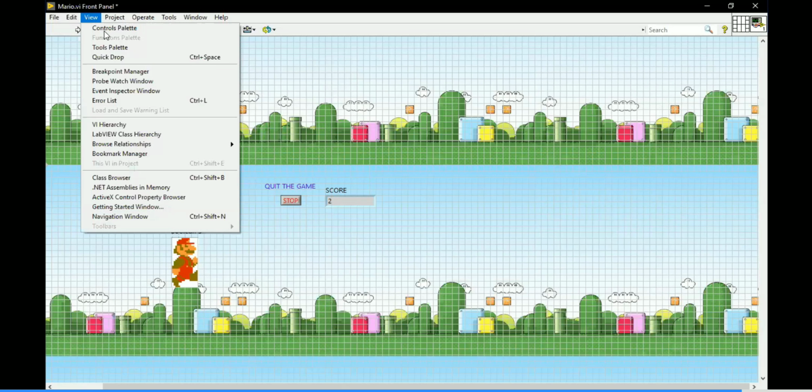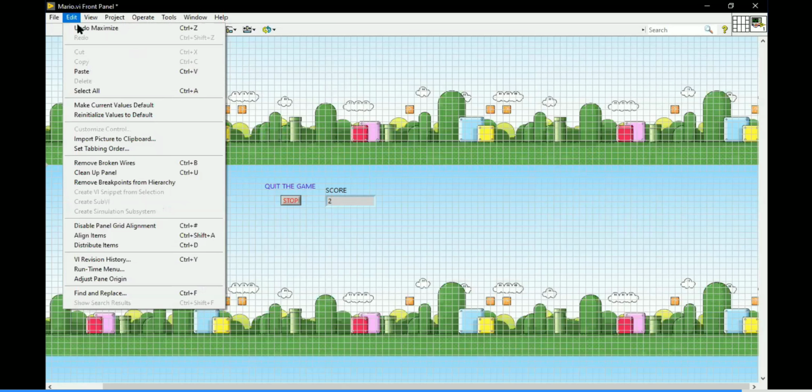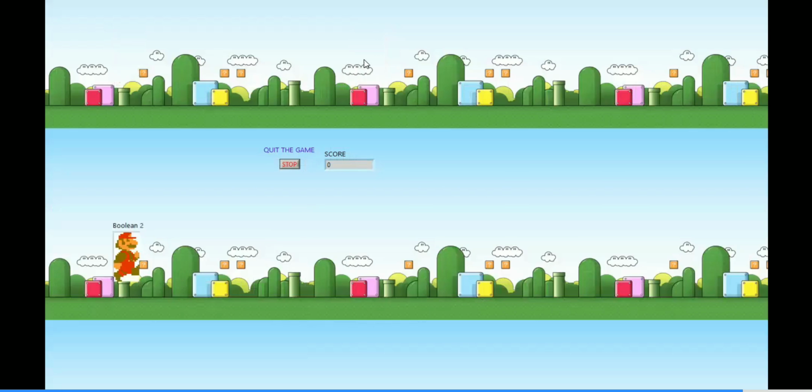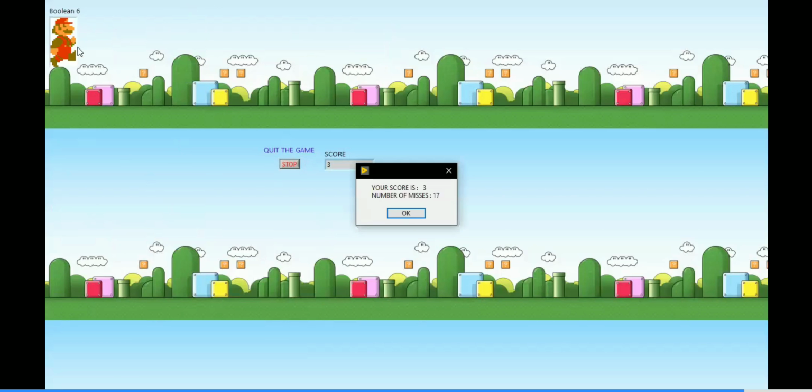Run, run. Go to run, down, down. Yes, yes. Yeah, I think because of the mouse only I am seeing the problem there. Yes, at last he got one thing.